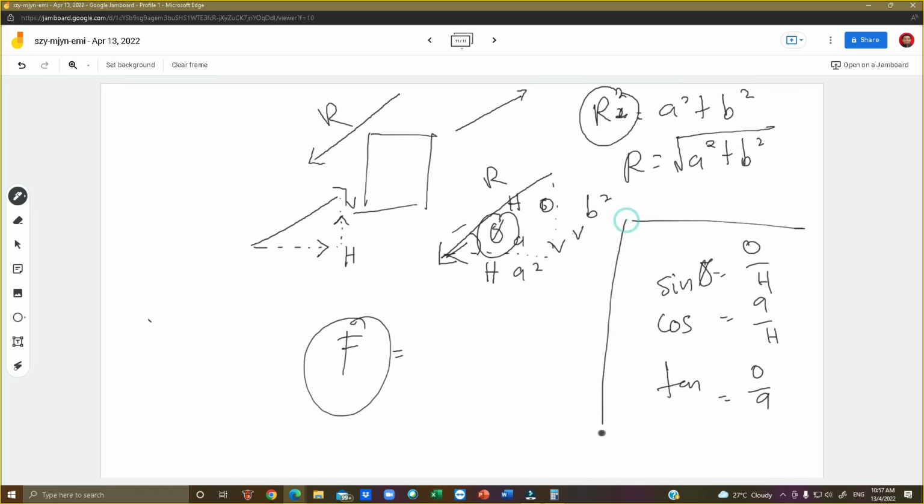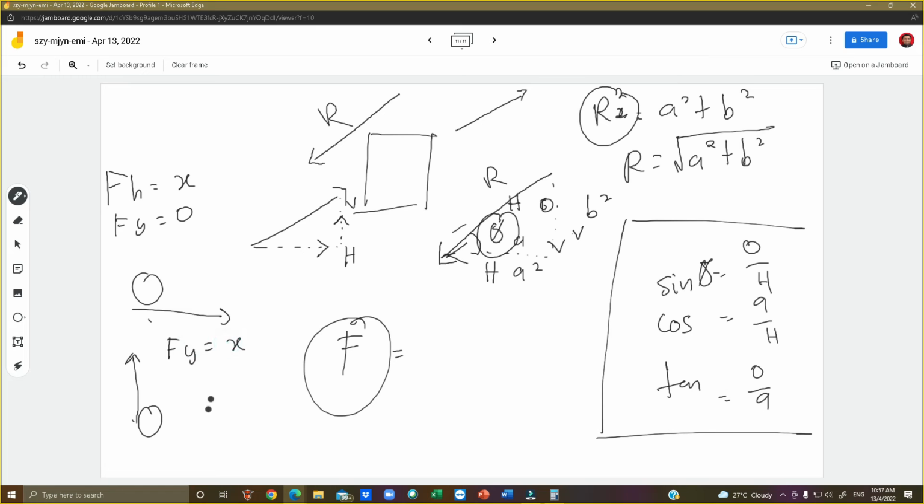But it can happen like this. Okay, kenapa dia jadi diagonal? Aku kena faham konsep lah. Konsep, kalau kita nak objek bergerak ke depan, so FH, kita kena bagi dia value. Kalau kita nak objek tu bergerak ke depan saja, lurus, FH ada value, FY 0. So dia takkan naik ke atas.